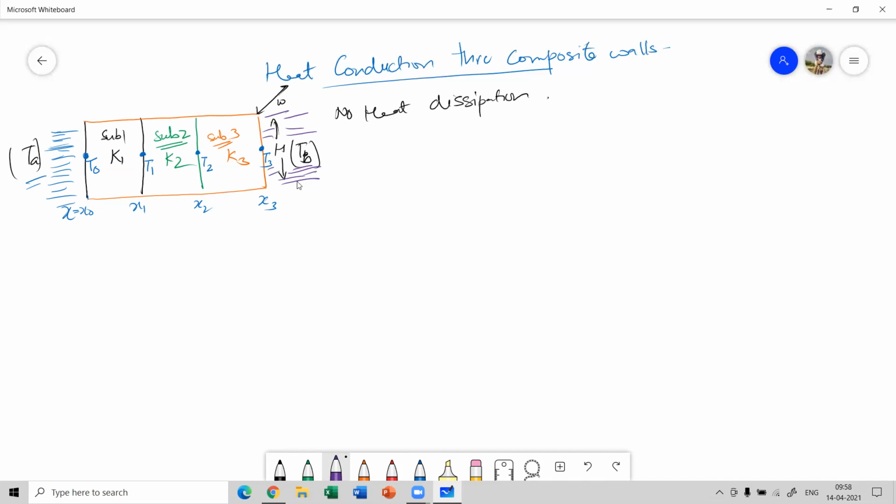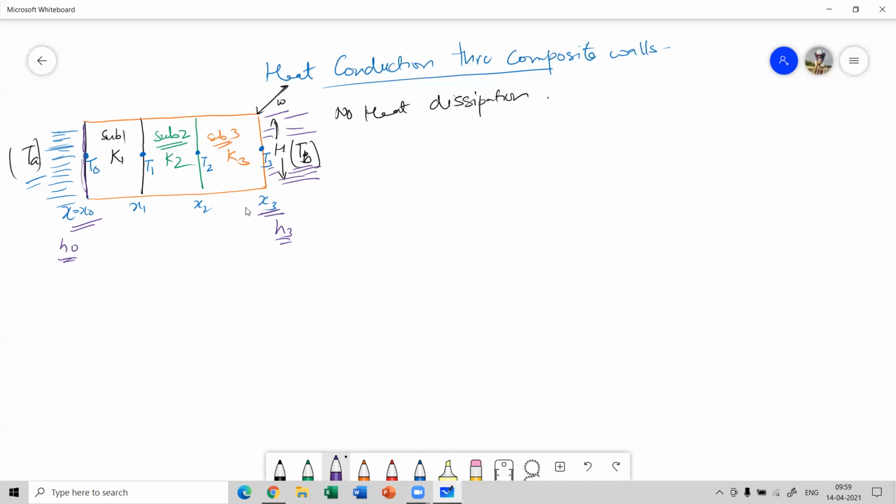Now, the heat is being transferred at the boundaries, that is at x equal to 0 and at x equal to 3, under Newton's law of cooling. Here the heat transfer coefficient is h naught, and over here, let's say it is h3. That means at the surface, at the interface, there is cooling occurring. When it comes in contact with the ambient temperature, some heat is being lost or transferred to the surroundings, and that is occurring under the phenomenon of Newton's law of cooling. Similarly, the same thing occurs at x equal to 3.